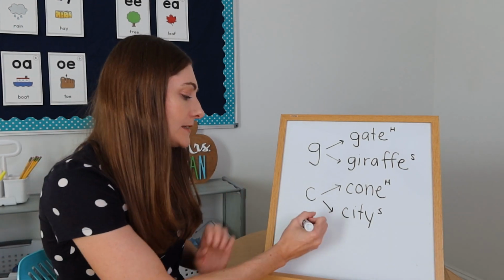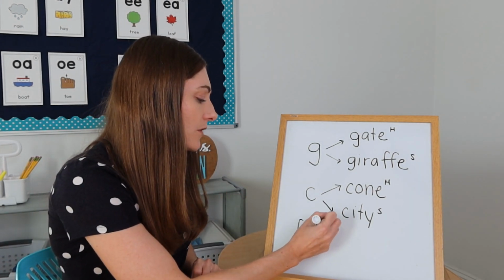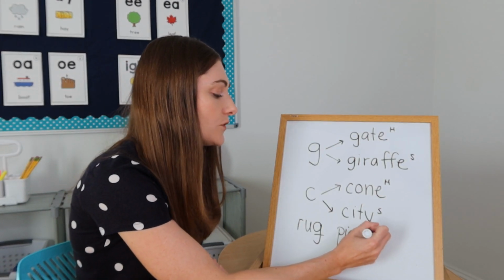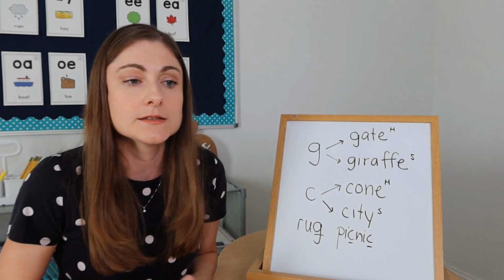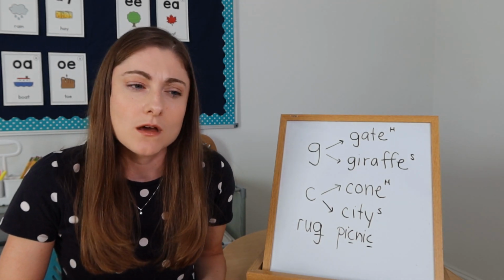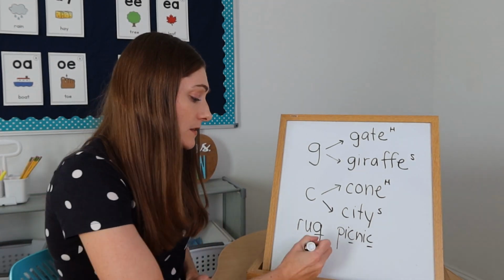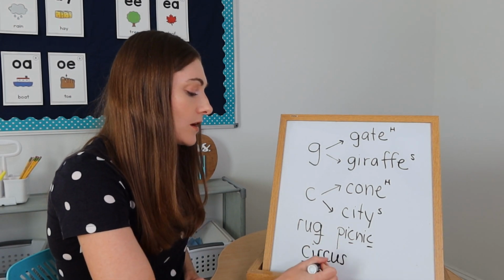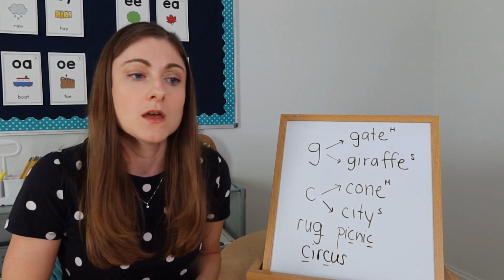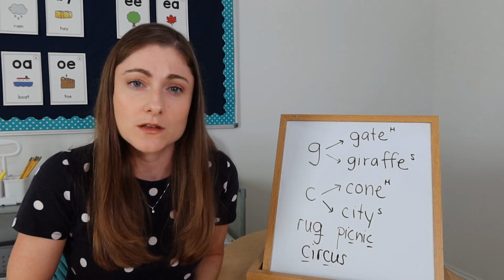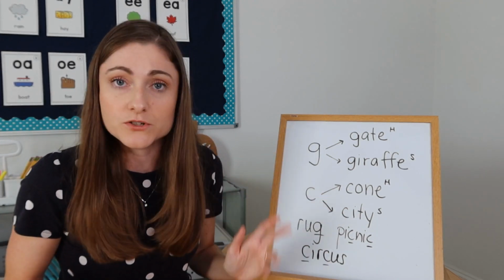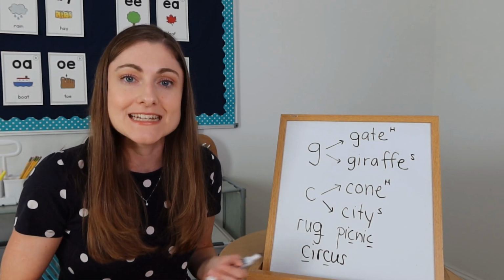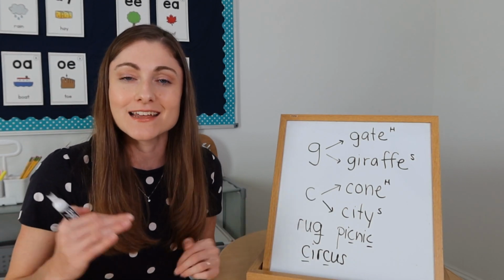So like an example of a word that ends with hard G, rug. Picnic has 2 hard C's. And then if you think of the word circus, that has a soft C and a hard C. So there's a lot of different things that you can do with it. The letters can appear mid-word too, like rigid, bicycle, rigid being the G, bicycle having the S and the K.